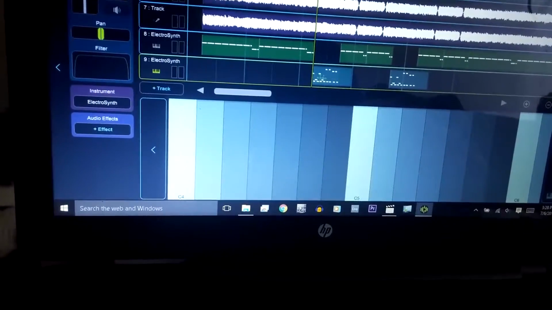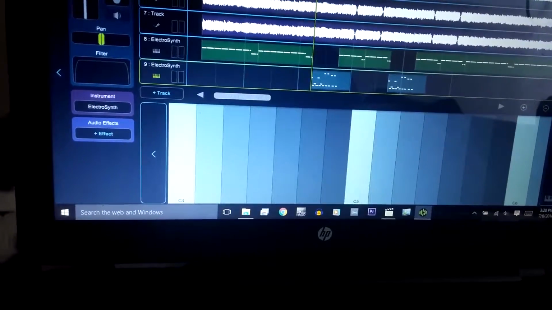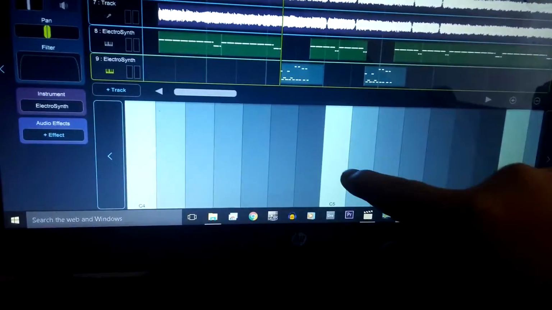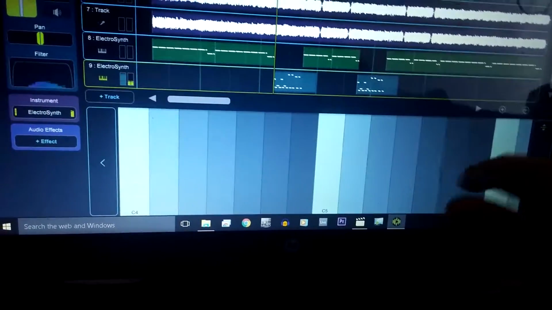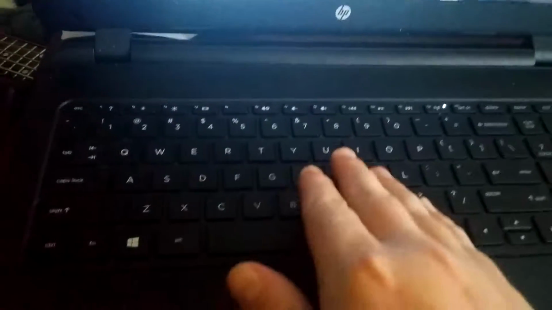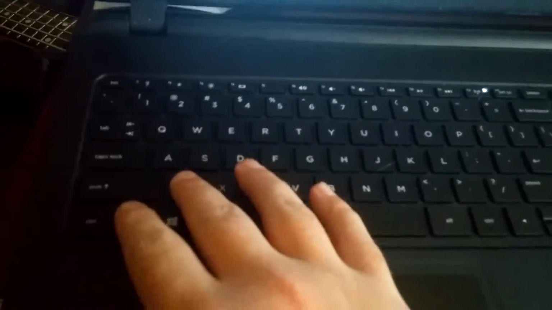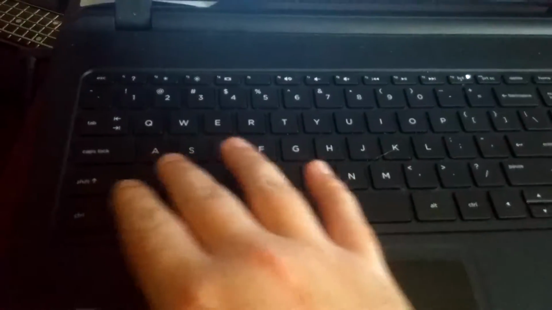One way you can wind up doing it is by the touchscreen. I have a touchscreen laptop, so another way, which I tend to use more, especially now because I have a phone in my hand, but you can actually use the keyboard. It's the home row. A would be the root, K would be an octave up, and then